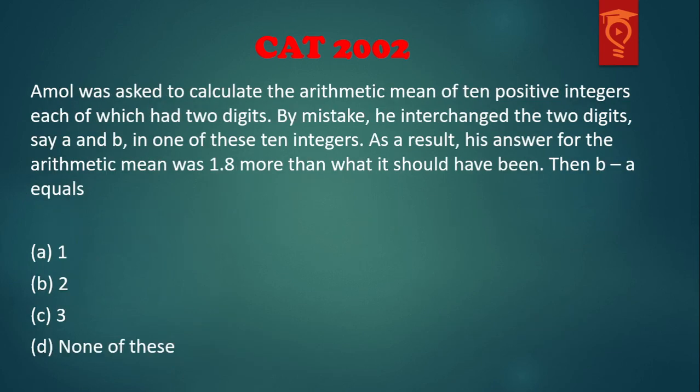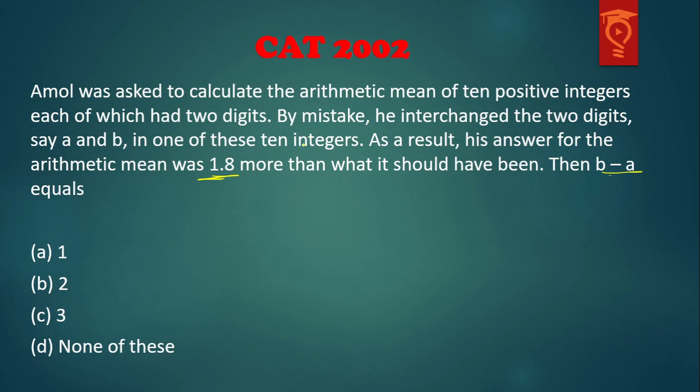Again, CAT 2002. Now, had you been a percentiler's CAT student, this question you would not need to even write, and just by looking at the numbers and the requirement, you would have just marked the answer, which I am keeping in suspense. So there are 10 numbers, only one created the difference, only one number changed everything, the rest 9 numbers remaining the same.